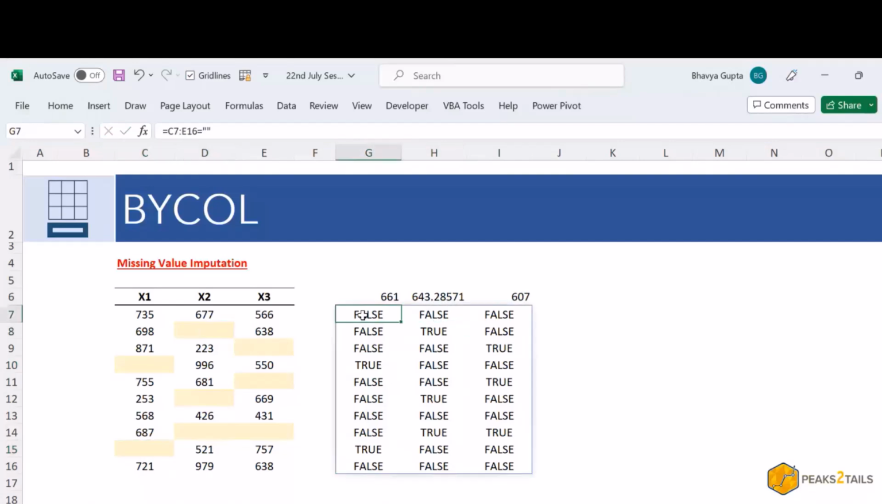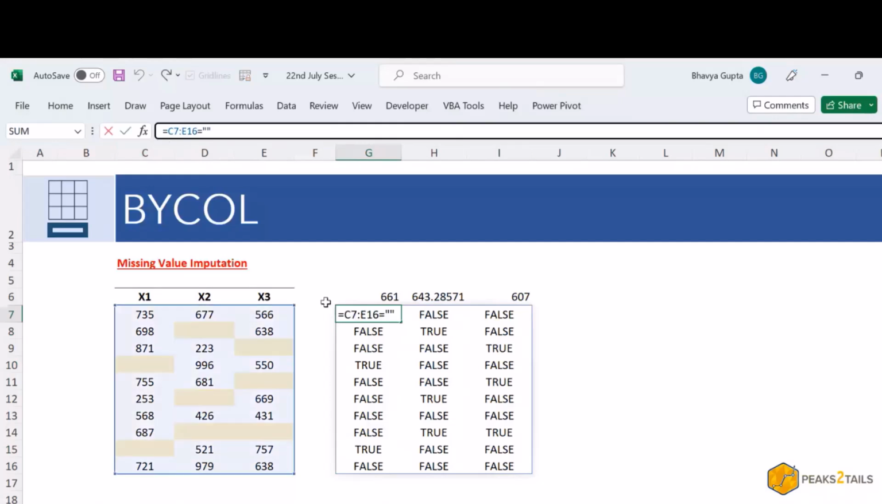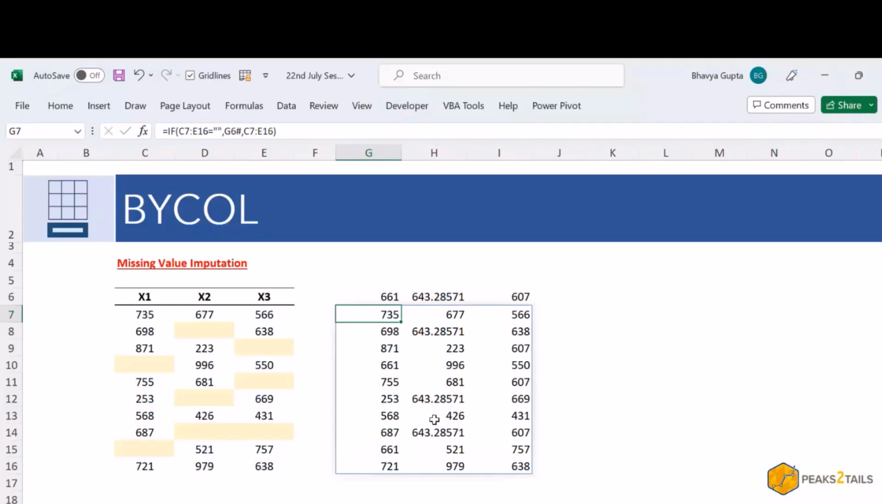So we have written this condition here. Now our next task is using the if condition. So if these values are true, then from where do we want the values? We want the values from this array, right? This array of averages by column. Else we want the result back from this original input array only. Let's press enter, and we have got the result that we expected, that we have replaced the blanks with the